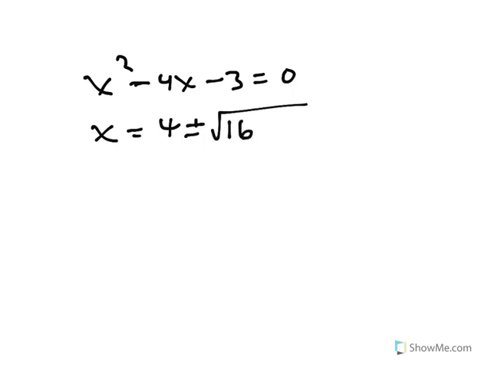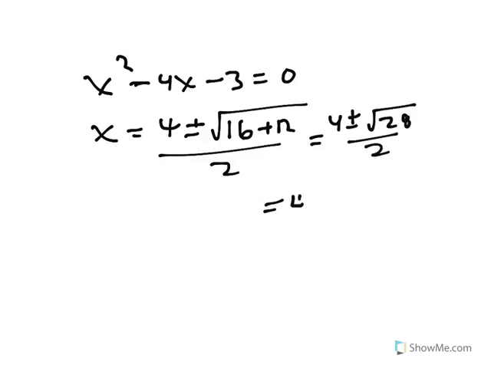When you have a quadratic equation, like x squared minus 4x minus 3 equals 0, since it doesn't factor, you might feel like you have to use the quadratic formula, negative b plus or minus the square root of b squared minus 4ac over 2a, which is 4 plus or minus the square root of 28 over 2, which is 4 plus or minus 2 root 7 over 2, which is 4 plus or minus